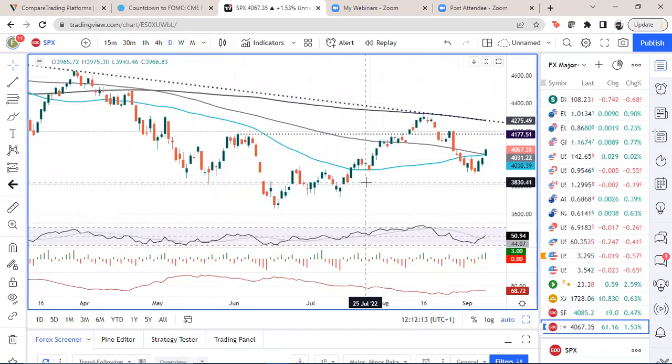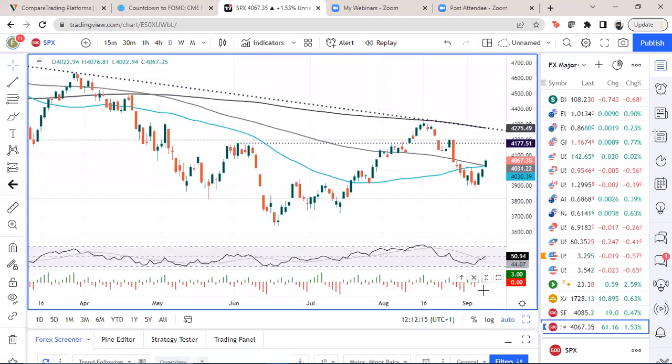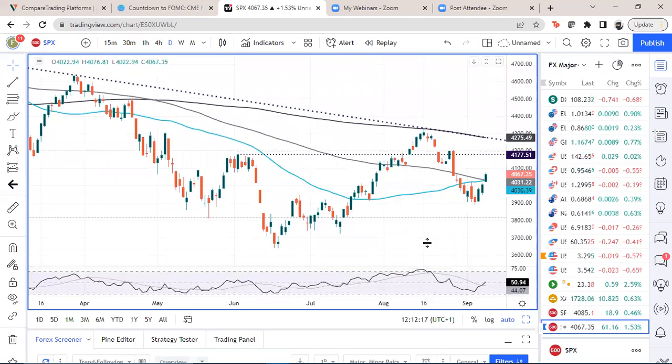And then let's drop down into the daily. Just take off some of these indicators. This is the RSI, back to 50, interestingly. So neither overbought nor oversold, bang in the middle, really, from that lower figure that we got around the mid-30s for the daily RSI, and now back to 50. So we're back to the 50-day moving average. That's that light blue line at